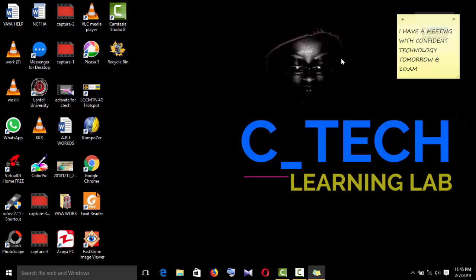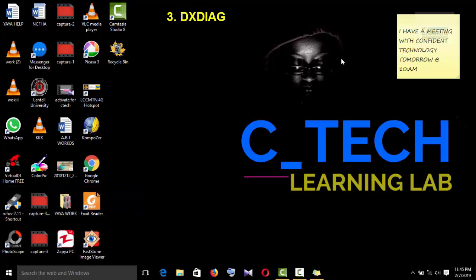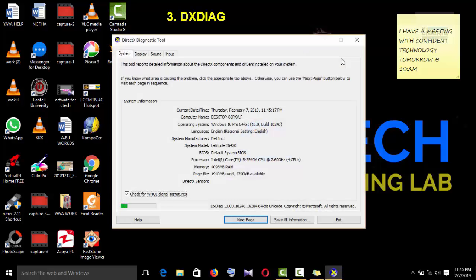So we move to the next command by holding down our Windows logo key and pressing R. It pops up the Run dialog box, and our next command is dxdiag, and press enter. What this command does is it is like a diagnostic tool for DirectX. It collects the basic information about your computer and shows it to you. As you can see, we got our current date and time, and the computer name, that is desktop,